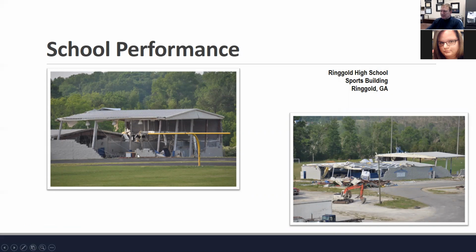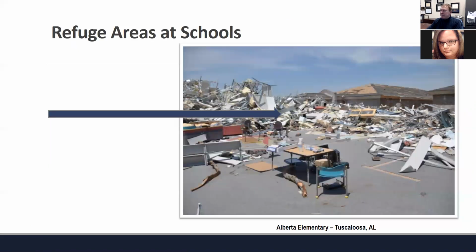This was, if I'm not mistaken, the gymnasium, or an athletic building that was attached to the gymnasium. But as you can tell, most of that facility was damaged, and obviously damaged beyond repair, but would not have been a safe place for people to have taken shelter. The main thing this arrow is pointing to is that was a part of the hallway area. And then I'll show you another part of the hallway area that did not collapse.